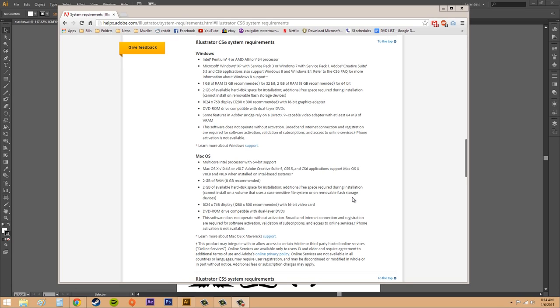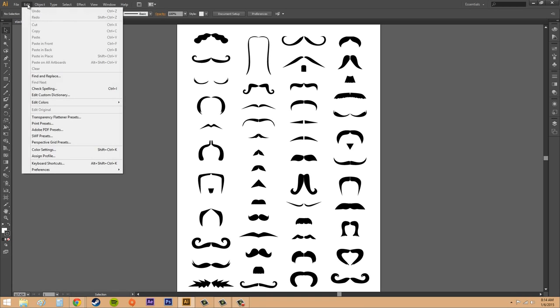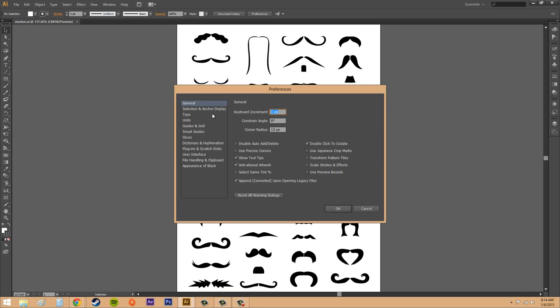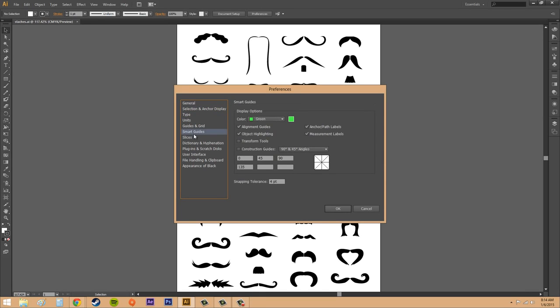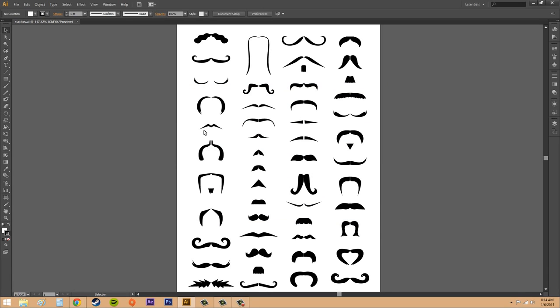There's a couple of things that you might want to know when you're working in Illustrator. The first thing is that Illustrator has a preferences file, and you can find the preferences if you go to Edit, Preferences. This isn't the file, but these are where the preferences are. Now I can go over these for you, but these are all the default preferences. The quickest way to get the default preferences, so that they'll be exactly like mine and you'll see everything like I have here, is to go into your preferences file on your computer and delete